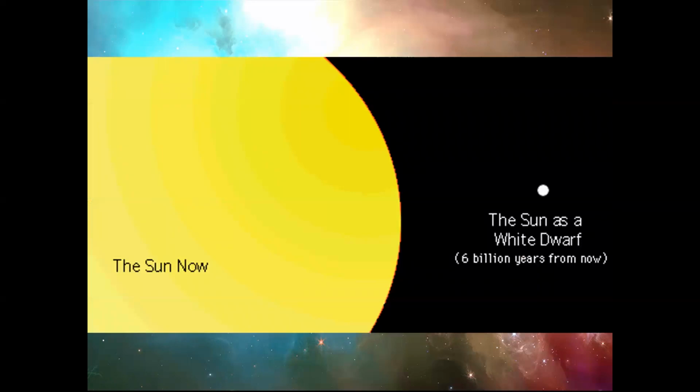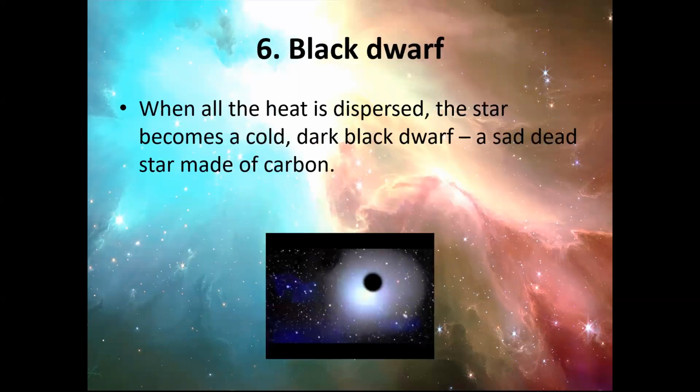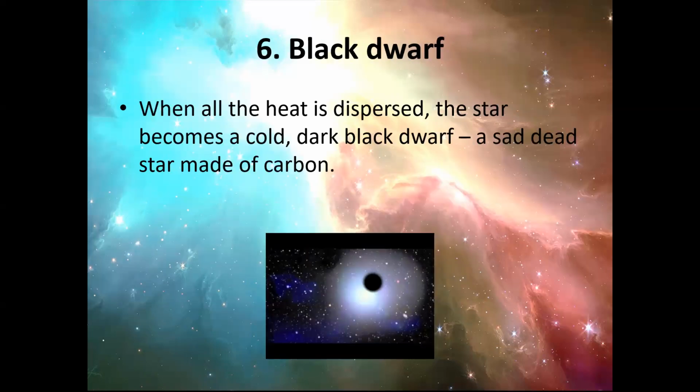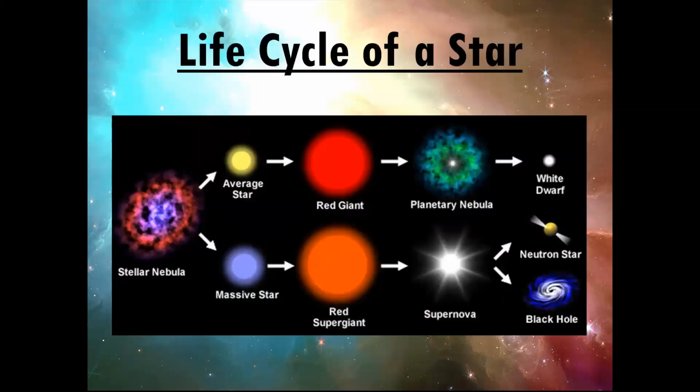A black dwarf. When all of the heat has disappeared, the star becomes a cold black dwarf, which is a sad dead star made of carbon. So I'm sorry, I did say that a white dwarf is dead. It is not dead. It is almost dead. White dwarf and then black dwarf is the dead star. So basically that is what we talked about here, this pathway, white dwarf and then the black dwarf, the dead star. That pathway is only if we have an average star or a main sequence star fusing